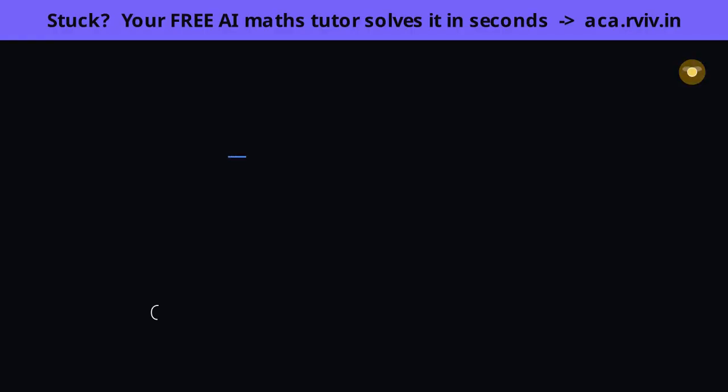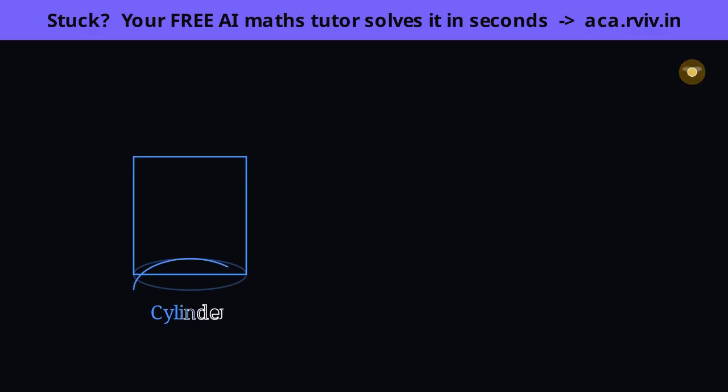Look around you for a moment. A grain silo, the tip of a sharpened pencil, an ice cream cone, a medicine capsule, hardly anything in the real world is a single clean solid. Almost every object is really just a few basic solids stuck together. And that is the good news, because it means we never need a new formula for the whole strange shape. We only ever need the handful of solids we already know.